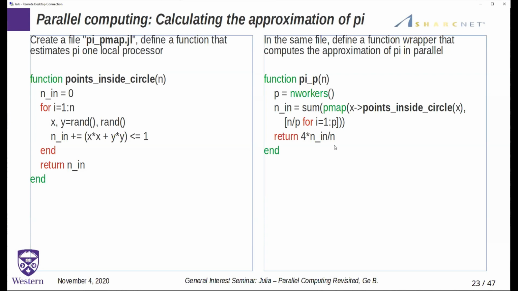The Pmap is a Julia function that maps an array of tasks to workers. Okay, so the syntax here: the first argument of Pmap is the function, and the second argument, which is the square bracket, that's the array, the array of elements, which basically is the